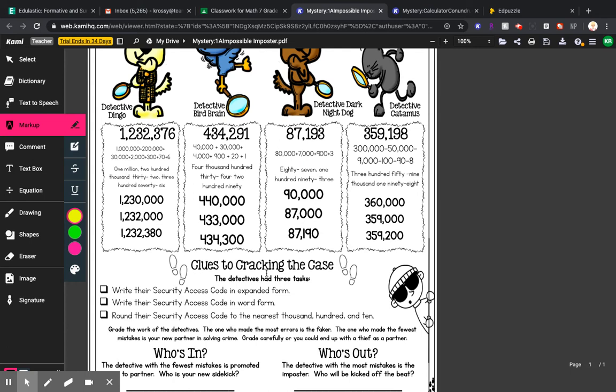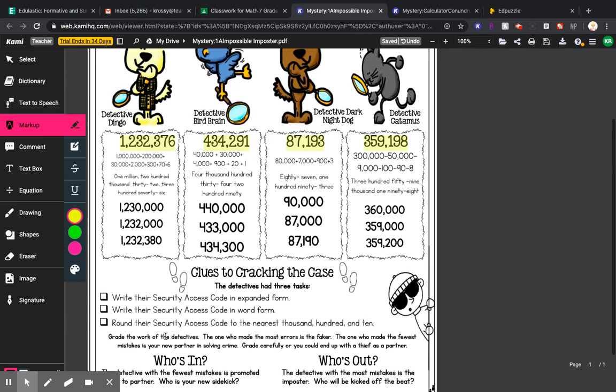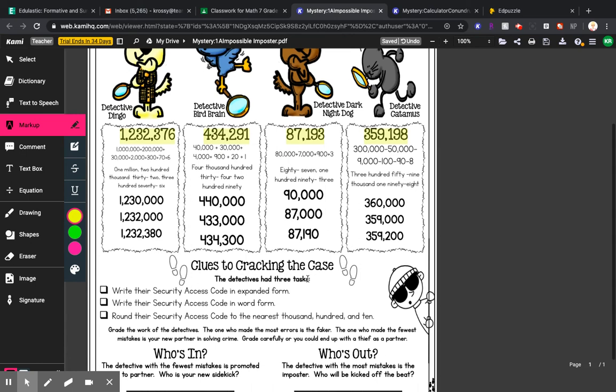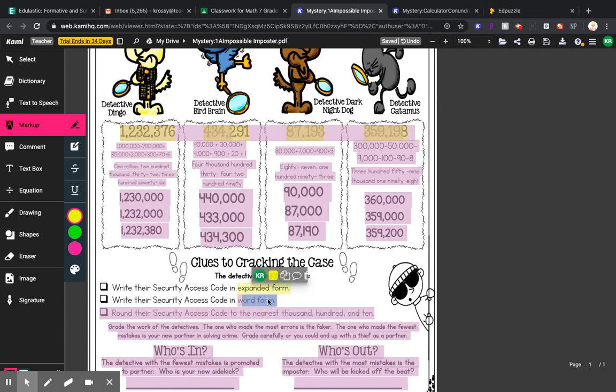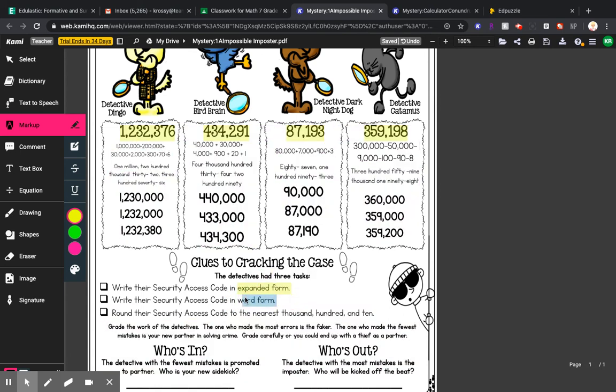Okay, so clues to cracking the case. The detectives had 3 tasks. Write their security access code in expanded form. So these are their security access codes. And there's going to be four detectives, so they each have their own access code. So they wrote it in expanded form, they wrote it in word form, and then